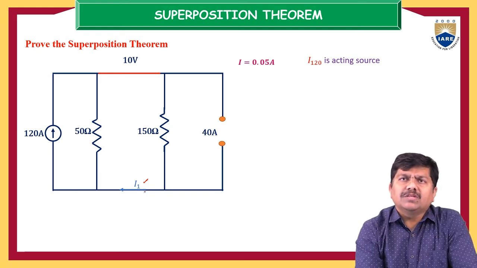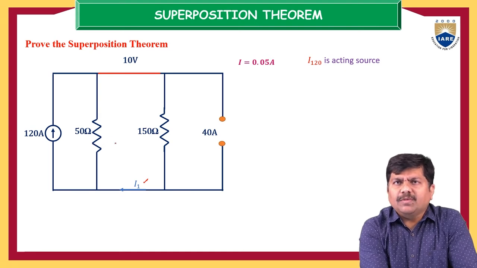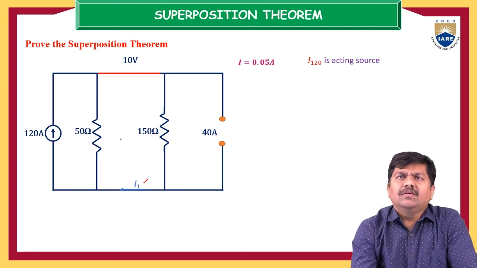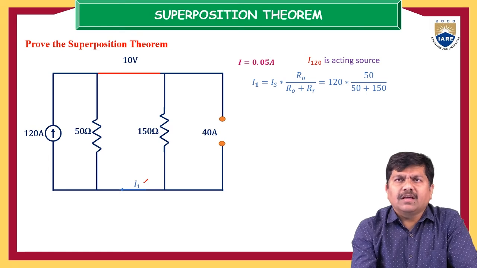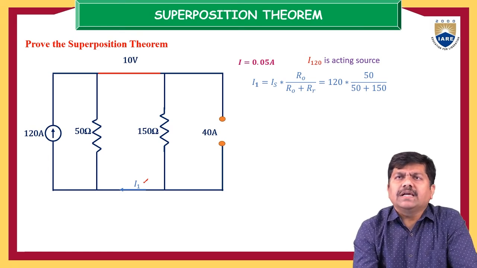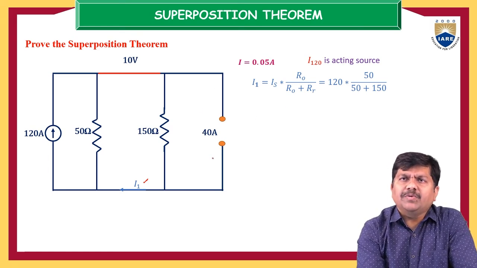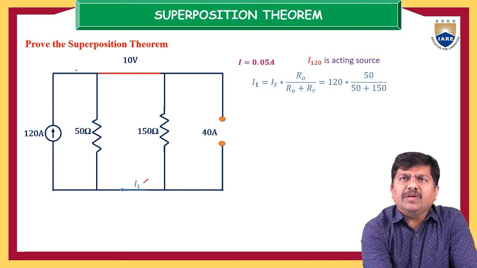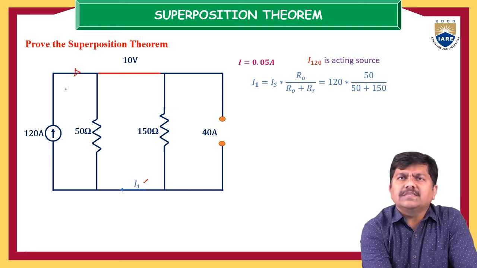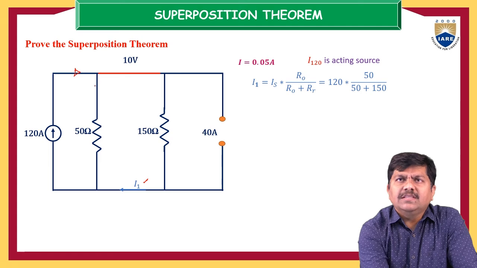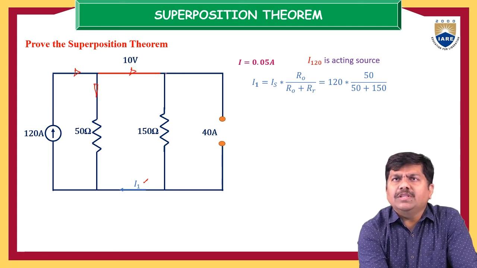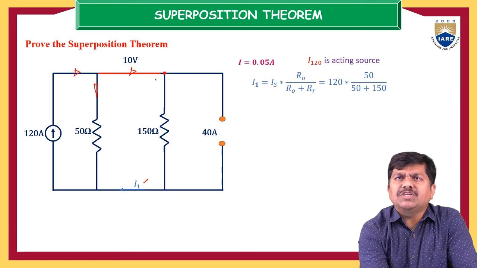So how can we do that? Again here, the 120 amps source and 50 ohms are parallel to each other. Now let us apply the current division principle, because this is completely open circuited and this is the total current we know at this particular point. The total current is 120 amps. This is divided into this branch and this particular branch. Anyhow, once this current reaches this junction, it will come back here only. That is the same current that I1 is having.